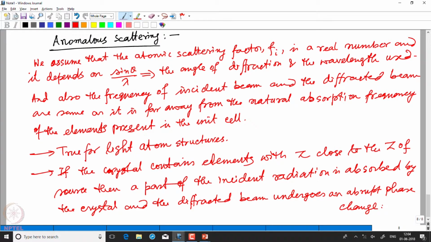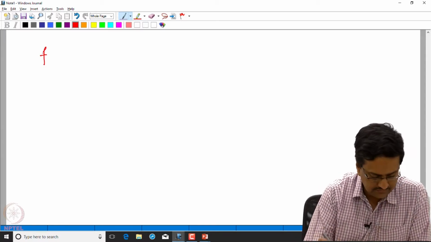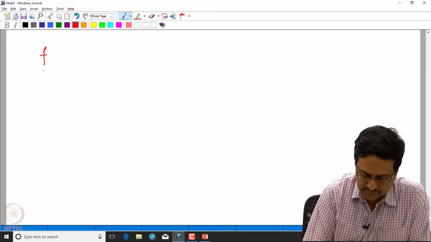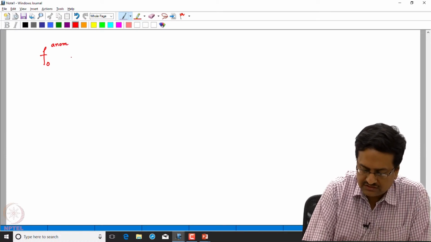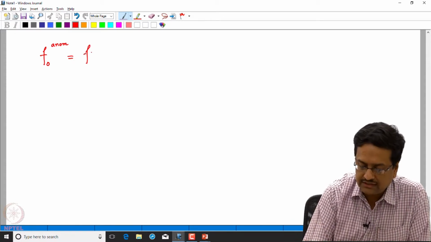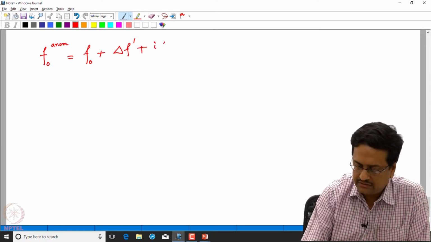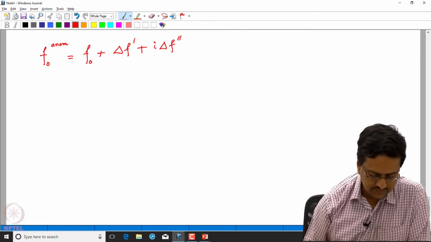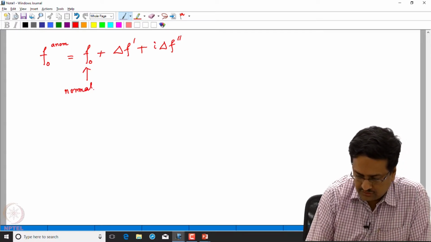So this effect is called the anomalous scattering of X-rays from a crystal which contains heavier elements. In that case, the scattering factor for an atom with anomalous scattering taken into account is written as F0 plus delta F prime plus i delta F double prime, where F0 is the normal scattering factor,